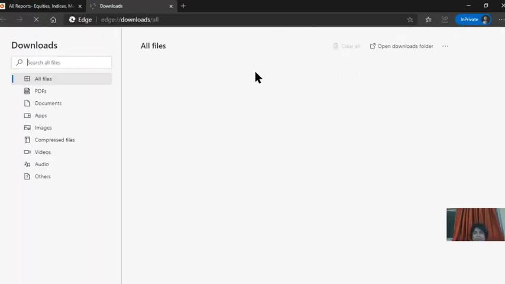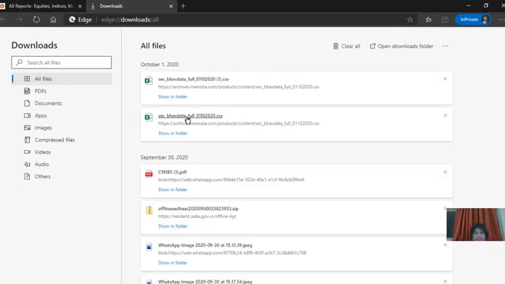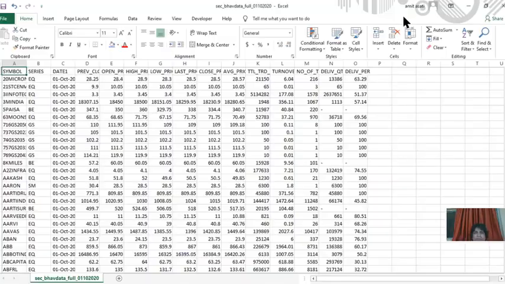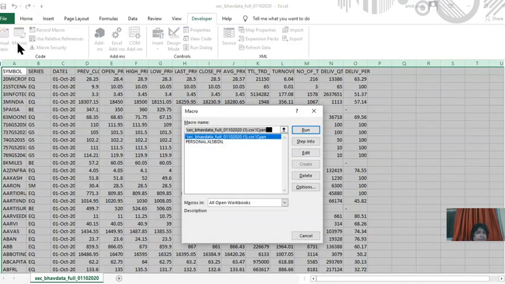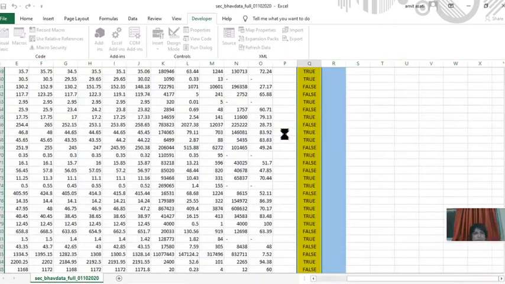In the downloaded folder it shows Bhav copy full, and we will open it again, so Bhav copy, and we will apply this macro. Select developer, macros, personal, run.